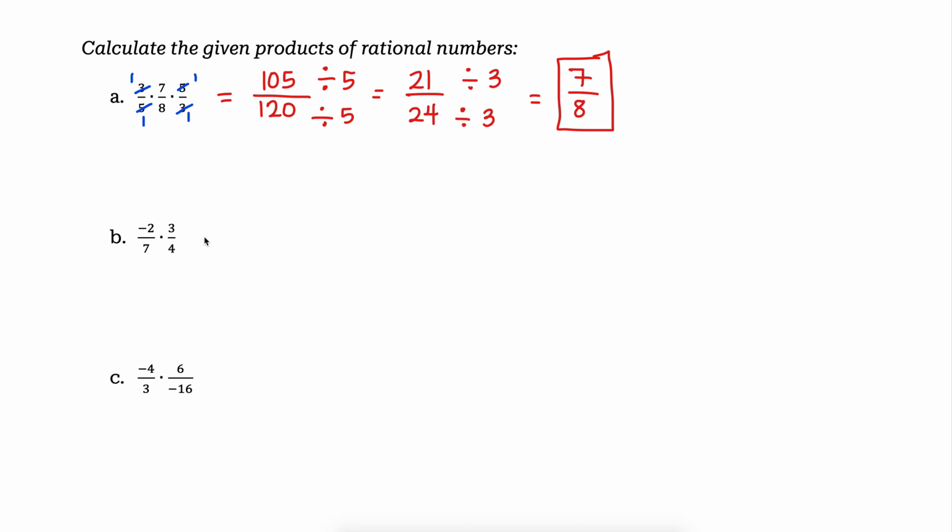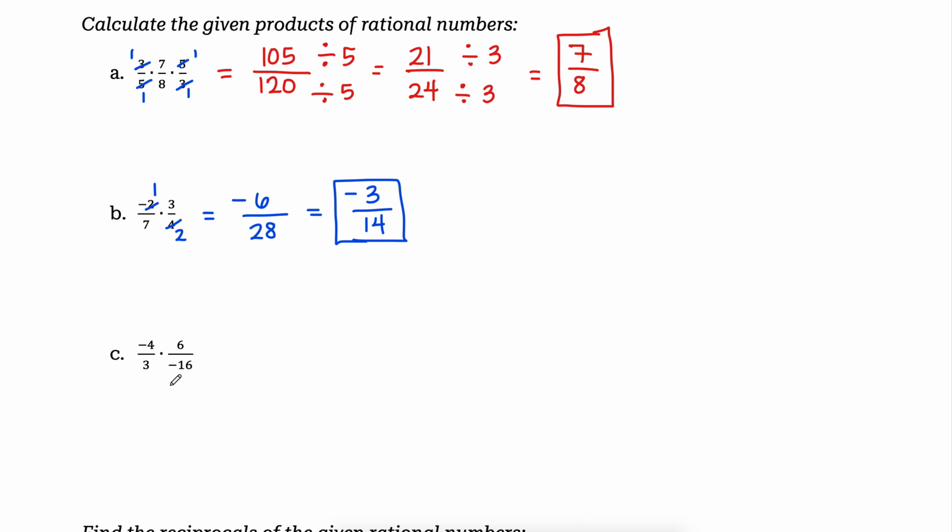If you want to multiply this one first, you're going to get -6 over 28. You can divide top and bottom by 2, so that gives you an answer of -3 over 14. If you wanted to reduce first, 2 goes into itself one time, 2 goes into 4 two times. So you have -1 times 3, -3 over 7 times 2, which is 14. And the third one,